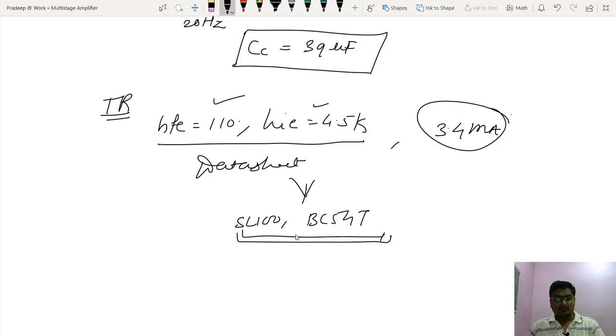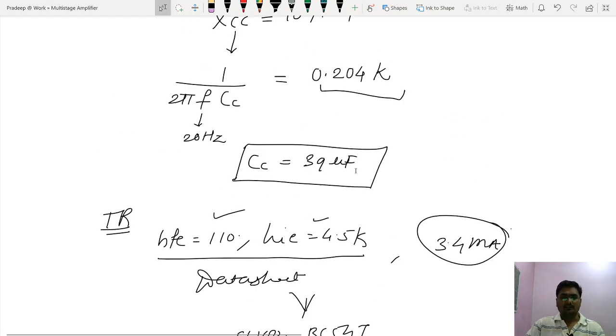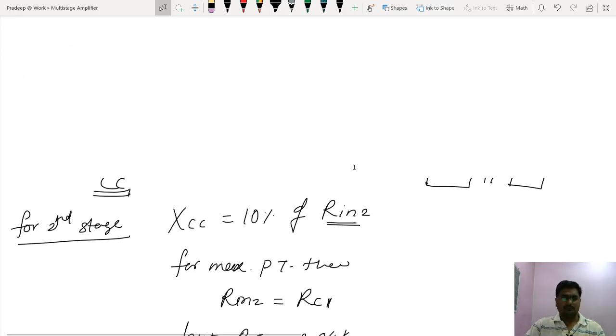No issue. So this is a quite different method that I wanted to tell you about for the design of a two-stage RC coupled amplifier. There are so many methods to design an RC coupled amplifier, a direct coupled amplifier. This is one quite different method which people use when they want that impedance matching concept. So here we'll stop this lecture, and I will pass on the remaining design notes to you. There are so many design problems, you just go through them, you will come to know the process is quite simple. It is the same as what we had in the last semester.